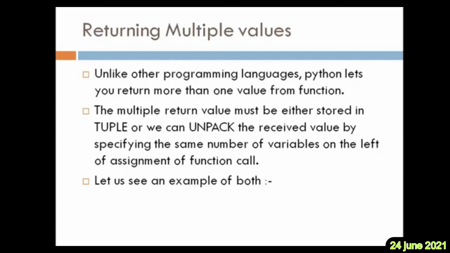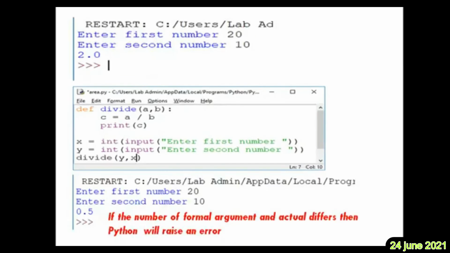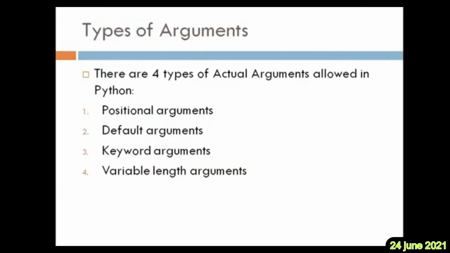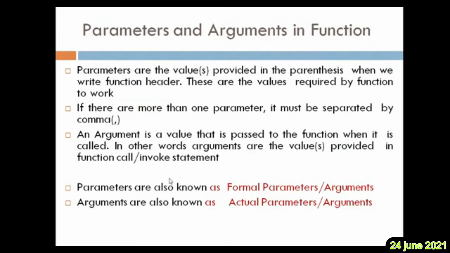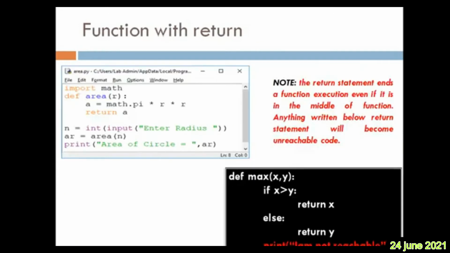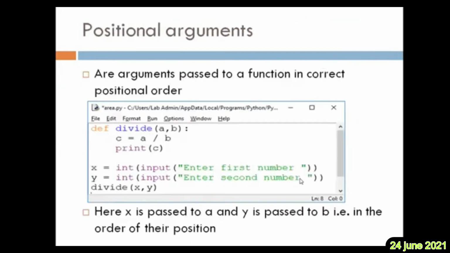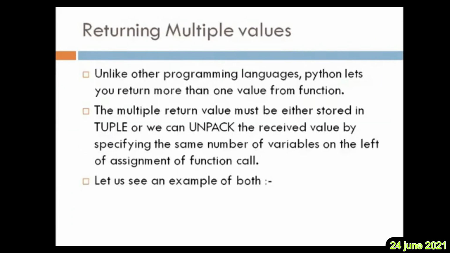In the previous example you can see here a return. There was an example of returning, where here return A. Can you see here return A? Then here also return is there somewhere, here also return, right? Okay. Now here also return is there. But so far we have seen a function returning only a single value, right? Now let us see that multiple values, more than one value, can also be returned by a function.